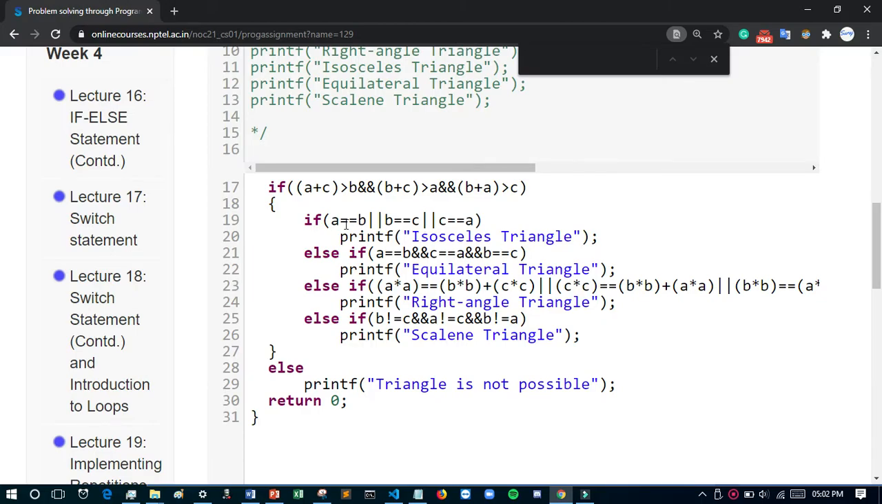And now in the if, when it is true, then this body part will execute. If this condition is false, then the else part will execute and print that triangle is not possible. And we will also see what is written here. If A equals to, means if both a